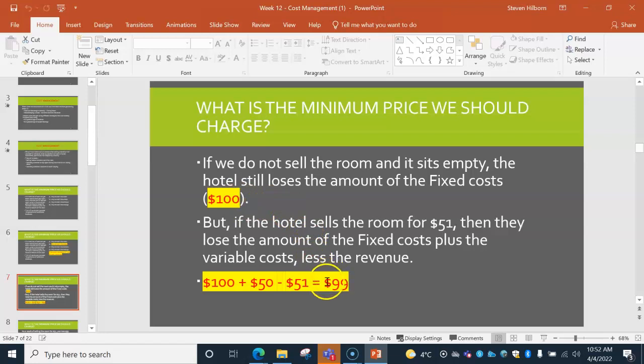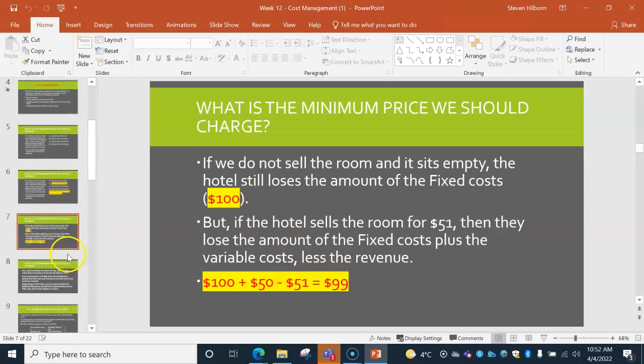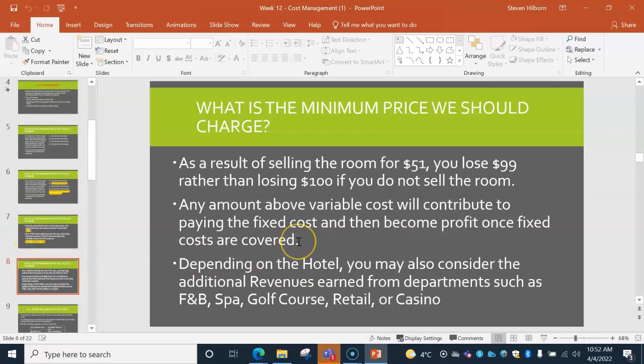Anything we sell the room for more than $50 will take away from that $100 fixed cost. So now we're only losing $99. Now at $99, this might not be really worth it or not, because you're only really saving $1, but they also may spend some additional revenues at the food and beverage options,